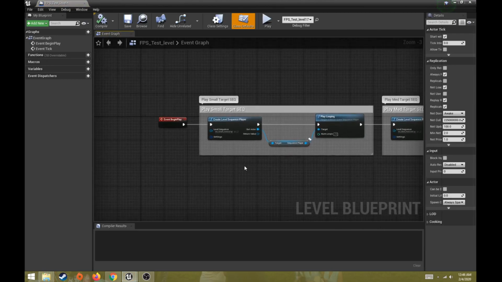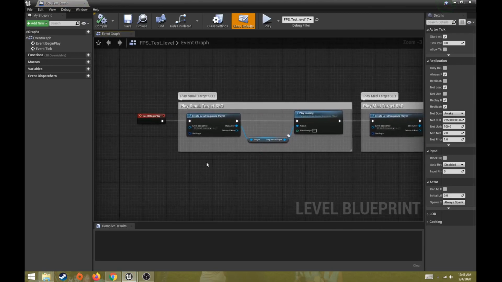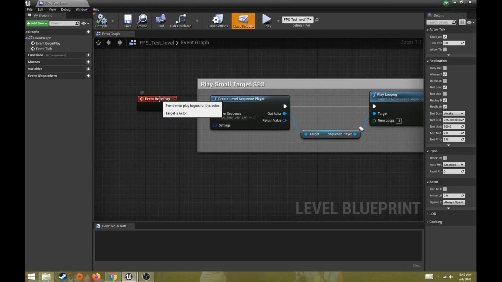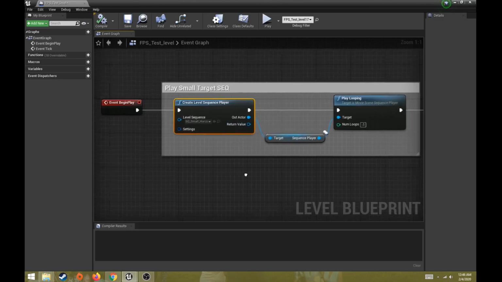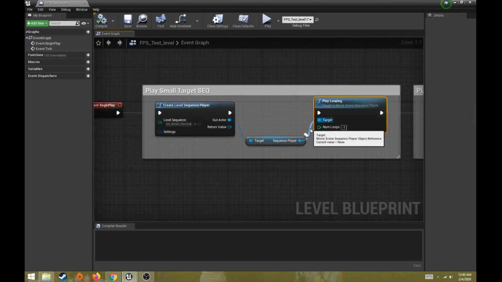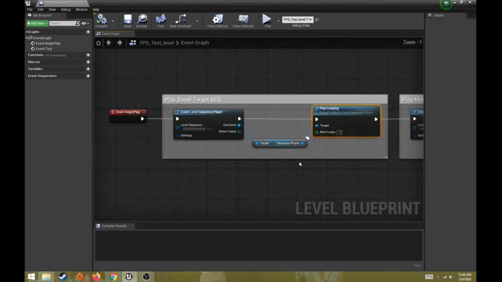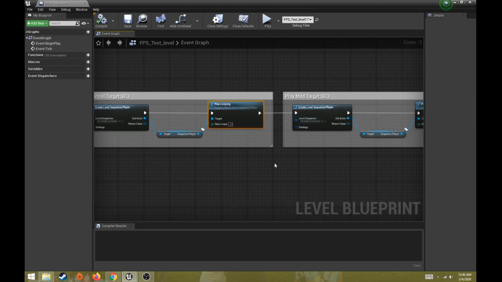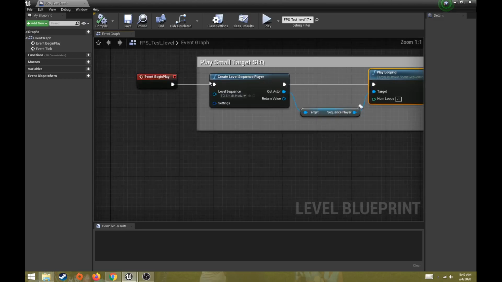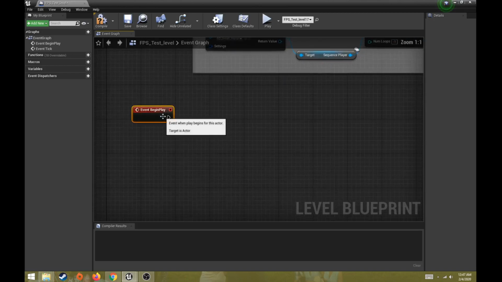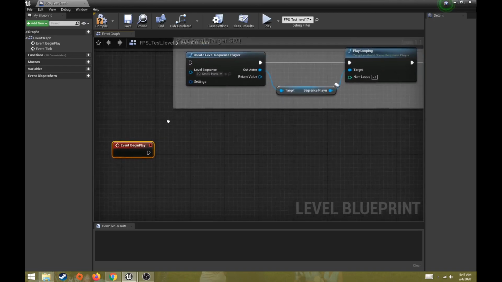I already have this set up with my other sequences so that when the event begin play happens, which means when the game mode begins playing, it's going to trigger a level sequence, and then we're also going to tell it to loop that level sequence. And then I have this chained up to play all three of my sequences at once. But let's just start with this new one that we've added, and we'll move down here with this event begin play. I'm going to drag out from that